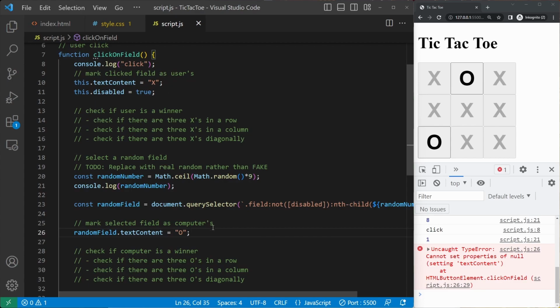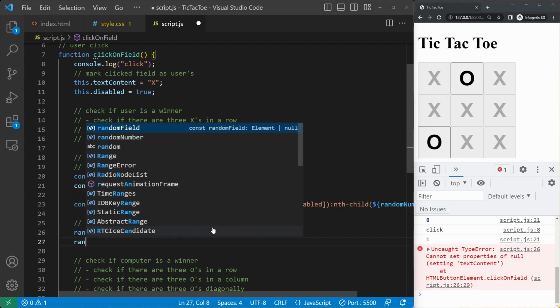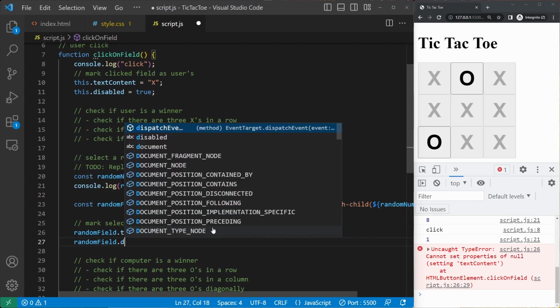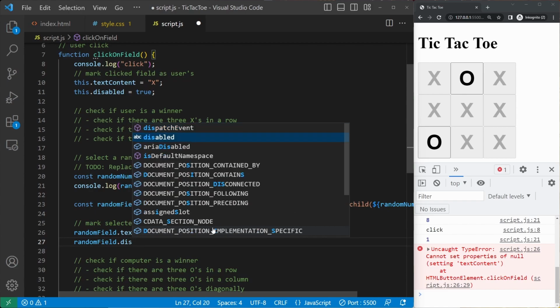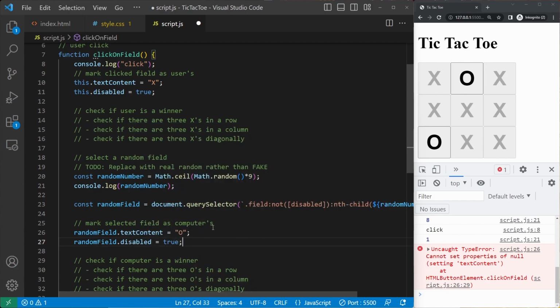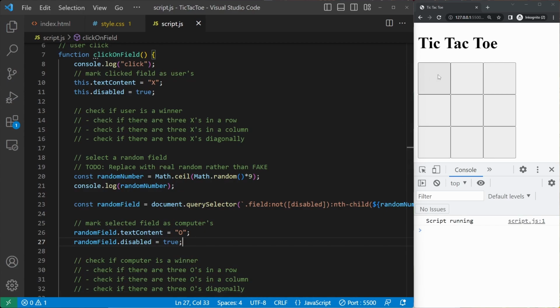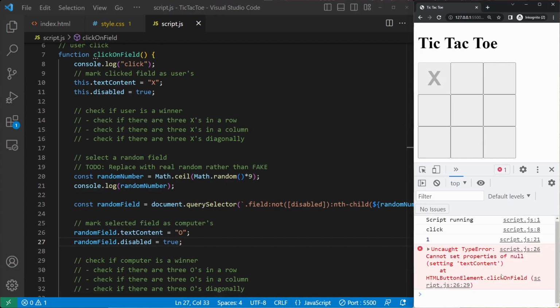I'm just going to disable the random field. Disabled is true. And then let me select that one. And what text content random field? It selects number 1. So it did select this one, even though it was.